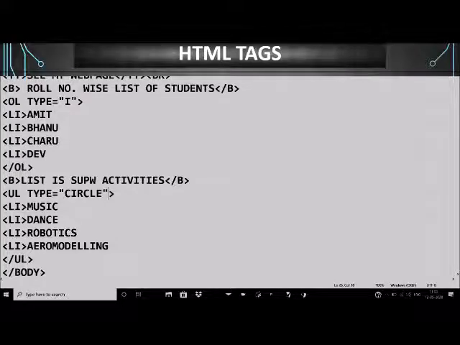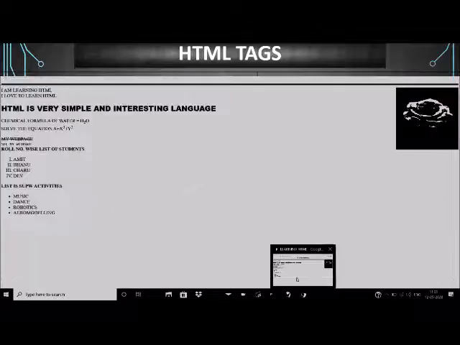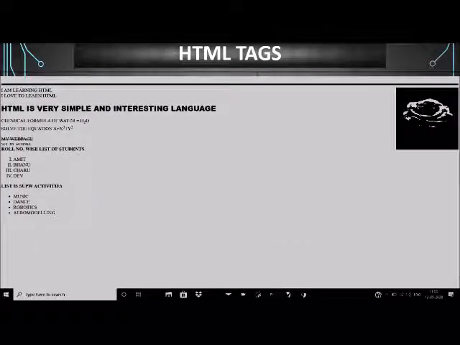Now see, now the type of bullets has changed. It has become circle in place of disk. By default the type of bullets is disk, and by default the type of numbers is 1 2 3 4. If we want to change the type of numbering, then we can use type attribute with OL tag, and if we want to change the type of bullets, we can use the type attribute with UL tag.